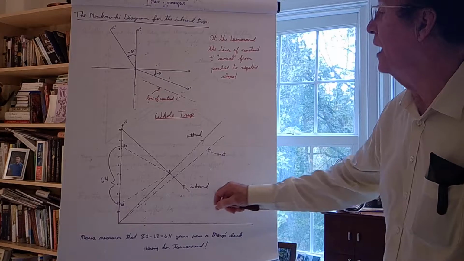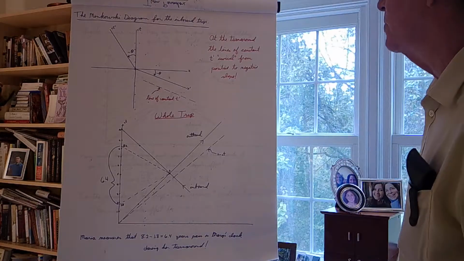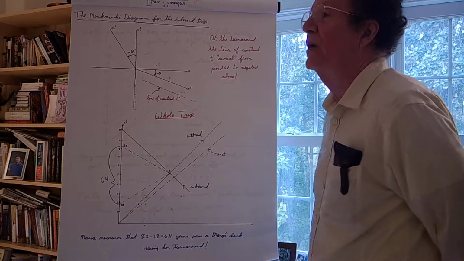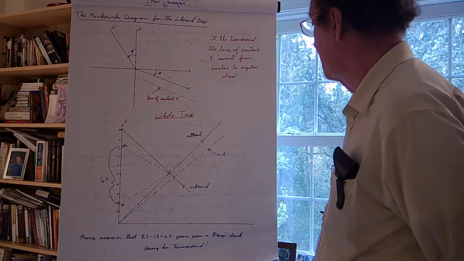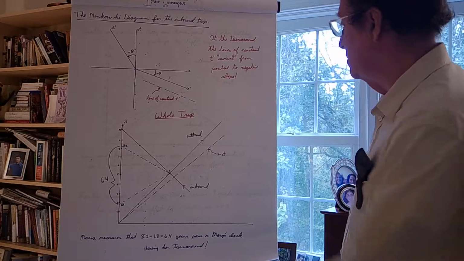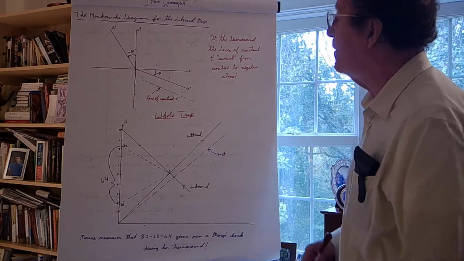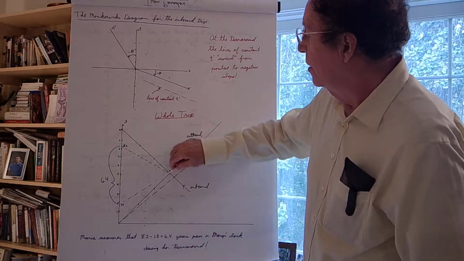So from Maria's perspective, we have this astonishing aging of Mary of 6.4 years during her turnaround. So that's the crux of the twin paradox,